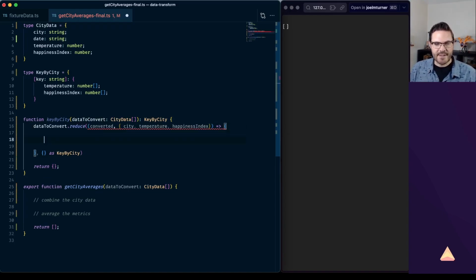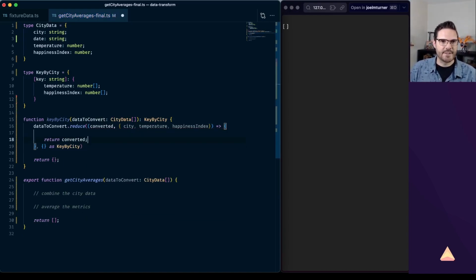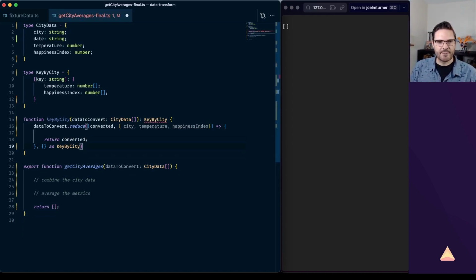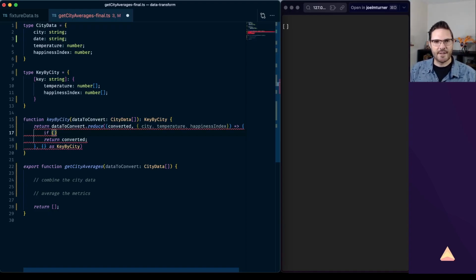So TypeScript is unhappy there because we are not returning anything, so let's return converted, which is that empty object, and we should be good to go there. So let's get rid of that return down there. We can return our reduce. So from here, we just need to check to see if our current city is already in the converted object. So we can say if it's not in